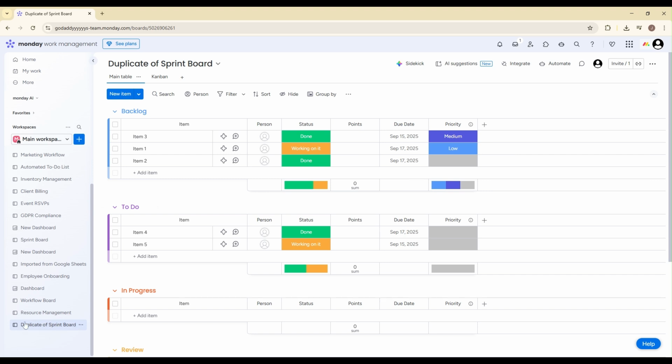Duplicating boards is a powerful feature that can save you a lot of time, especially if you regularly run similar